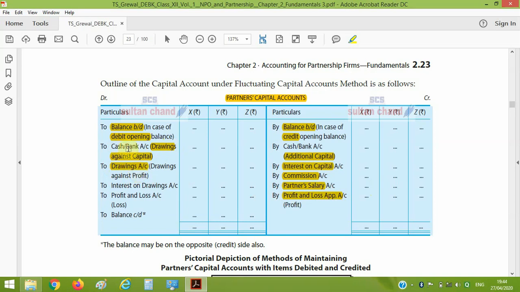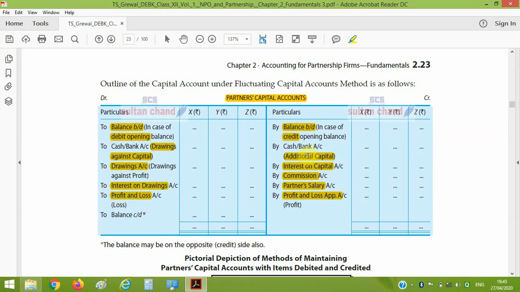Here we have to learn only that in the first entry the partner has withdrawn their capital, whereas in the second one the partner has not withdrawn their capital. It is known as normal drawing and irregular drawing. Next, interest on drawing. If a partner withdraws and we have charged any interest on drawing, and share of loss as